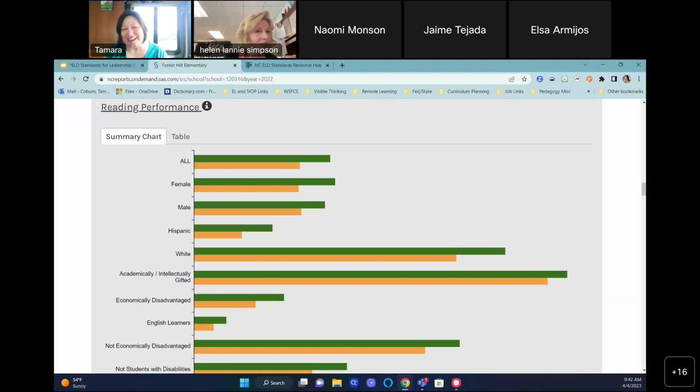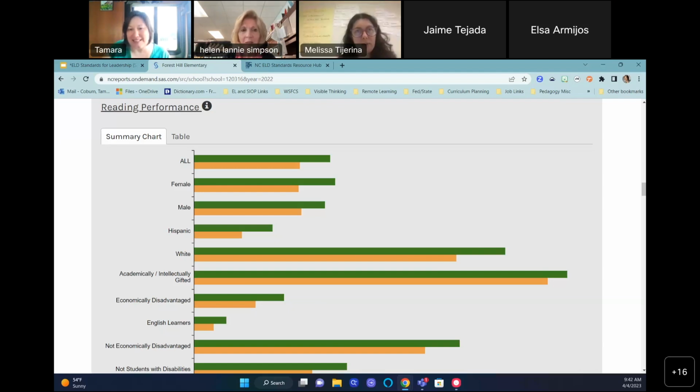So I put this in the chat a couple of times, so I just want to make sure I'm understanding the numbers correctly. When I look at the EL performance and I look at the state, which is at a 21%, that number includes all K-12 students, correct? Even though I teach middle school. That number includes all students in accountability grades, so grades 3 through 5, 6 through 8, and grade 10, who have 2 ACCESS scores. Because you've got to have 2 scores to get onto the table.